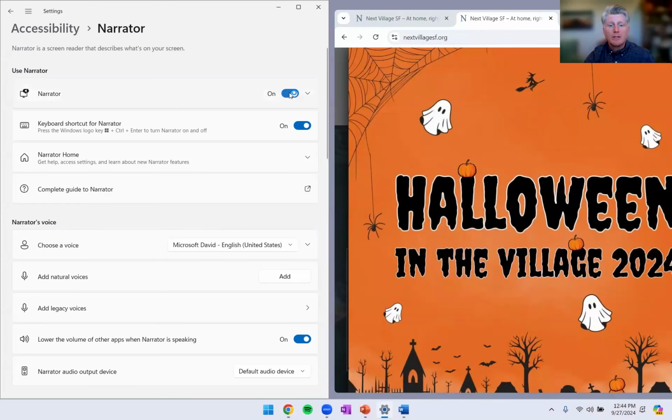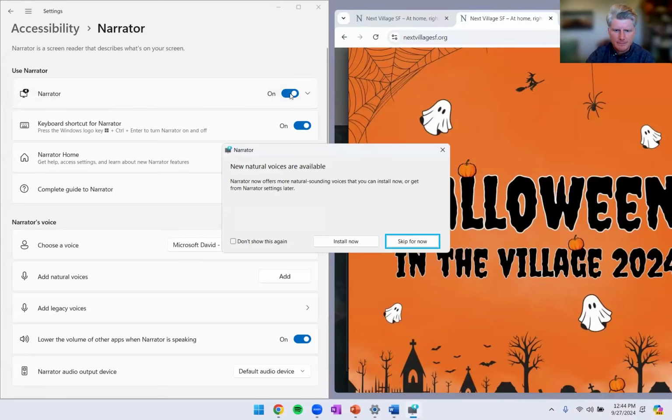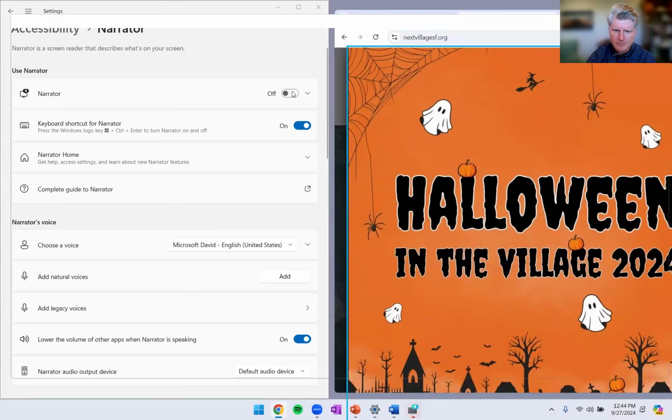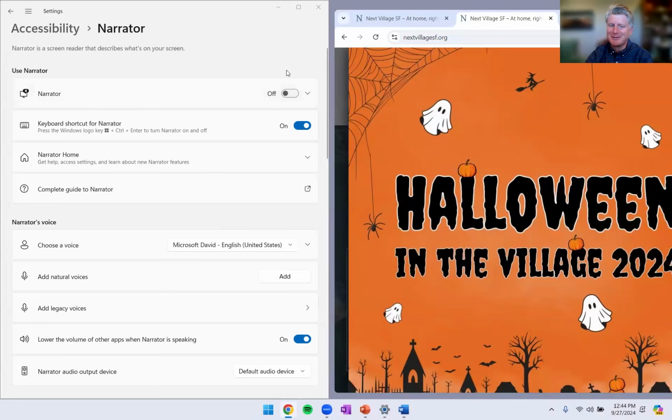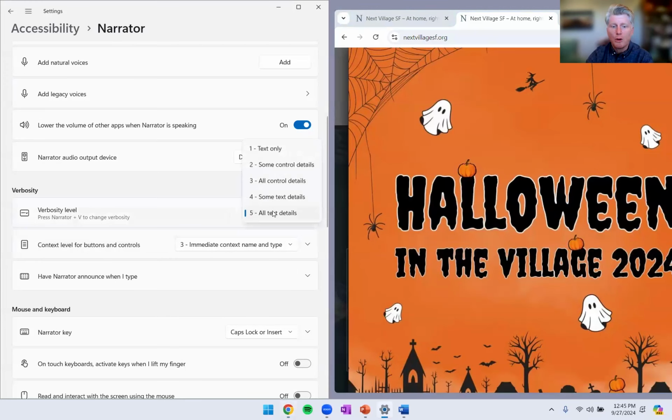What I want you to take away from this was that the narrator was not only reading the text. That's such a handy tool. It can be hectic. It reads a lot. But when I chose option 5, in terms of the verbosity, all text details,